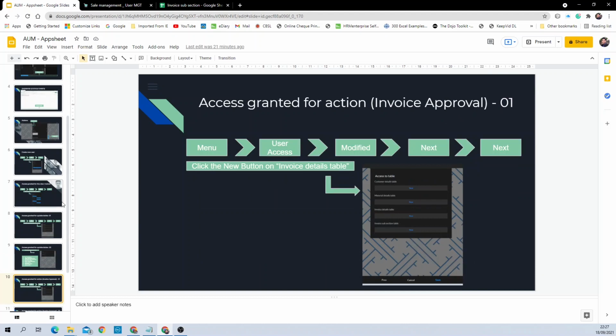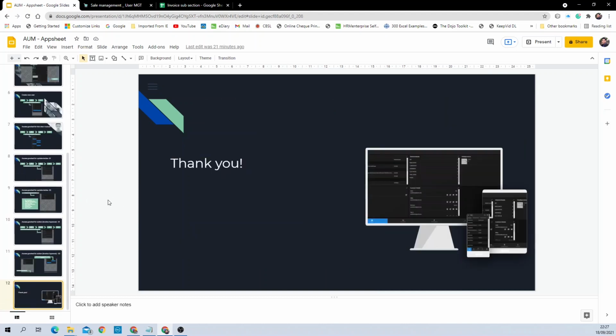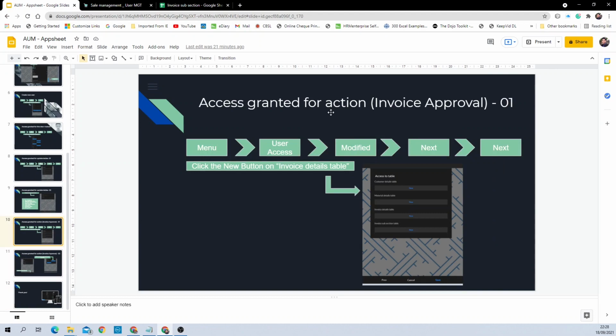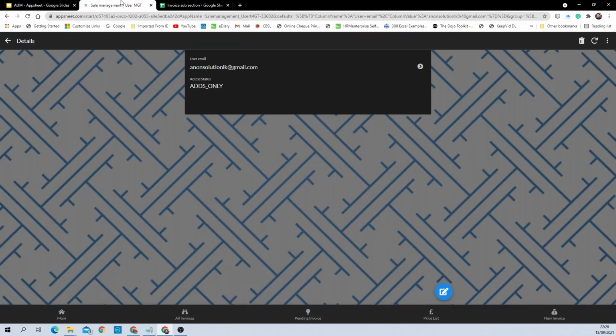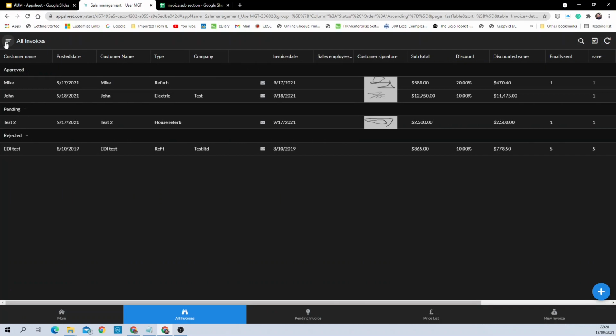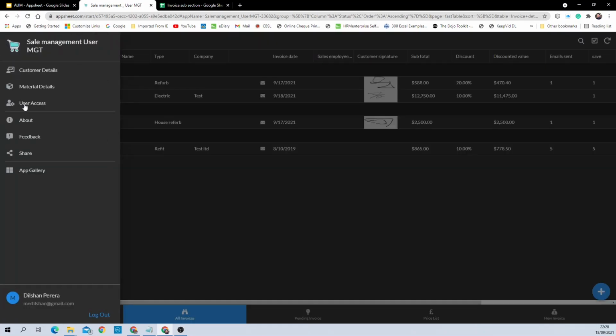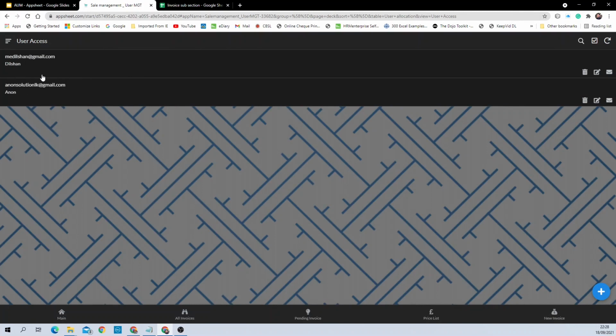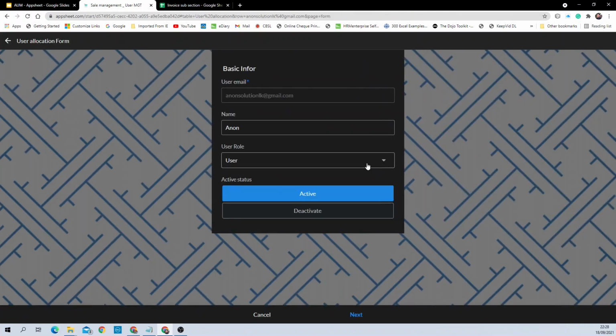Then if you need to give the approval for the relevant user, firstly you have to view the invoice table. I will show how to view the invoice table. Like previously, we can click the menu. You can go to the user access, then click the respective user, then modify the user level,